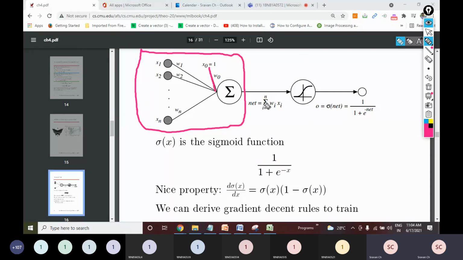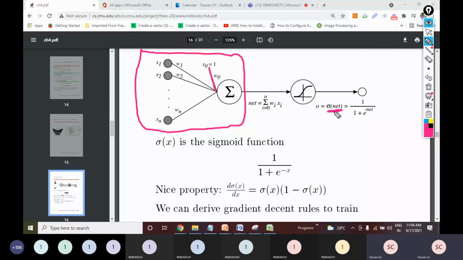Whatever output I am getting out of the perceptron, we get this output at every layer. In our hidden layers, on every node we will get this kind of output. So let me call this the net output. Now what we are doing is applying a sigmoid function on the net output.